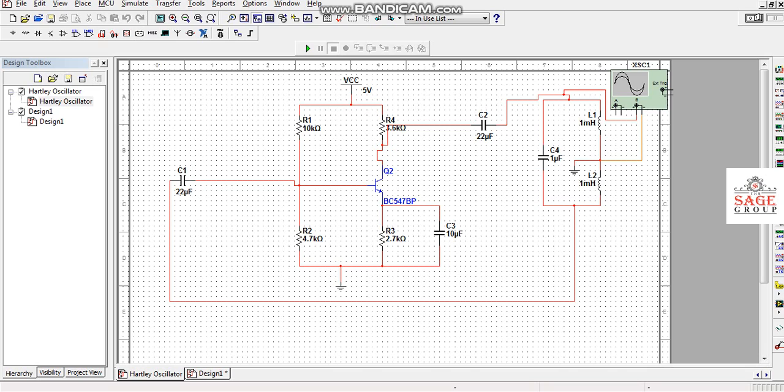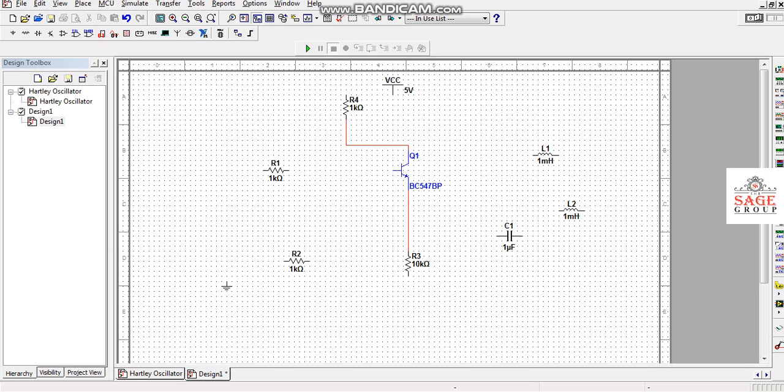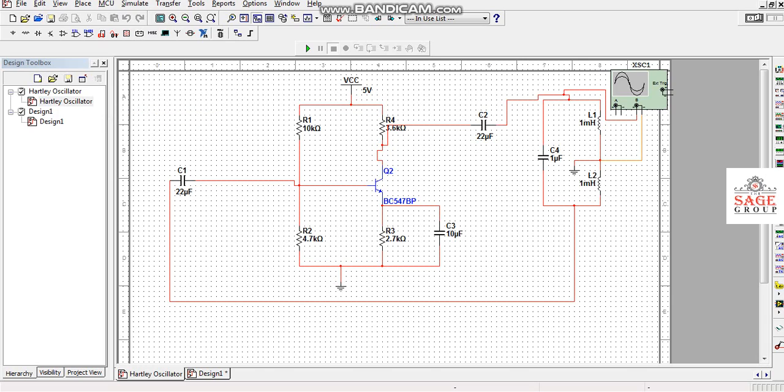In this way our circuit is designed. And this is the CRO oscilloscope, where we will see the output of our circuit. First of all I placed all the components, then connected them, and changed their values according to my requirement, and then the circuit was made.